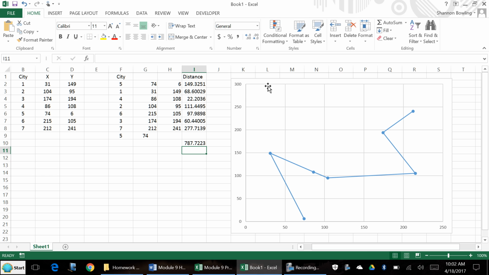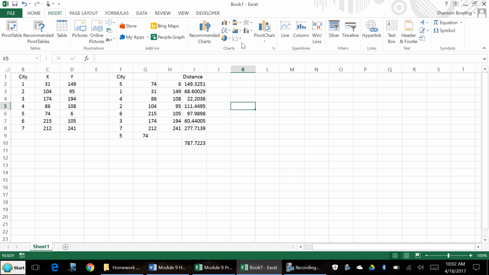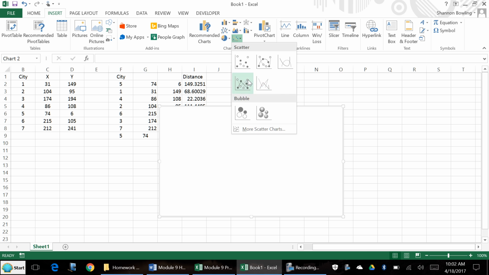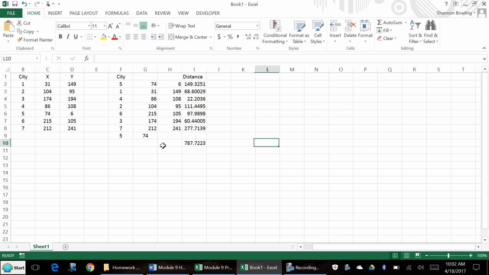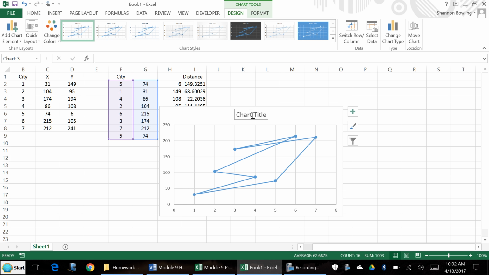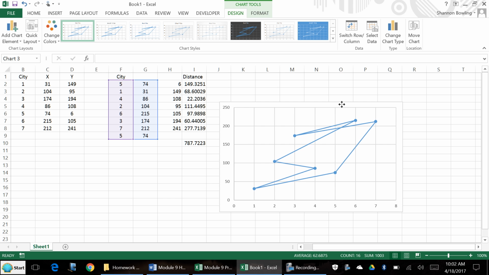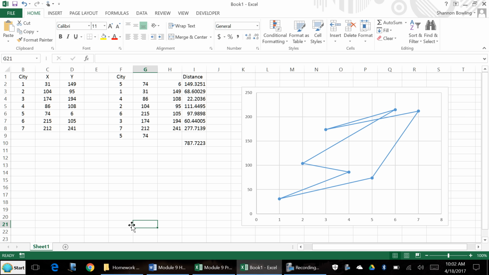I'm going to go in, make me a new graph here, just easier to do than trying to modify it. And have all of these. Insert, and there you go. That's all there is to it. So now do you notice that the one-way solution doesn't appear to be optimal because we've got crisscrosses? So if I go in and solve this now,